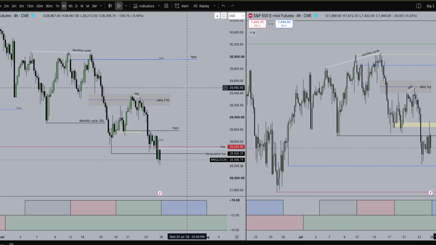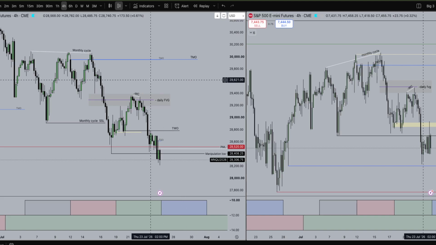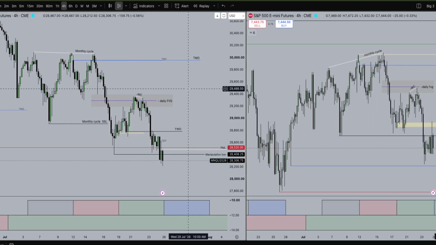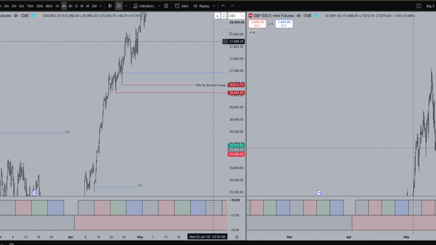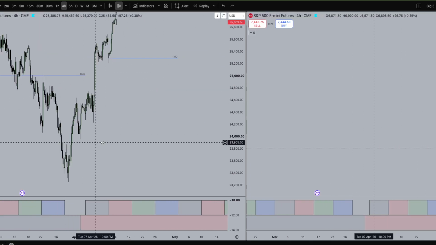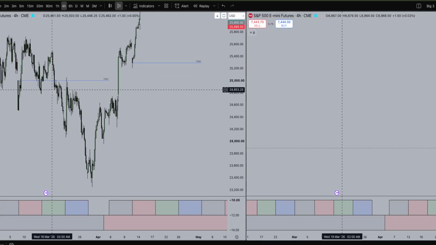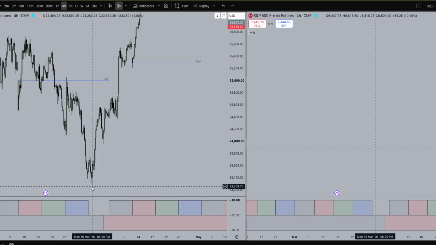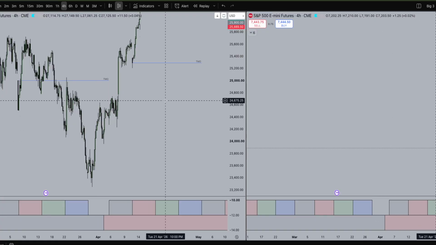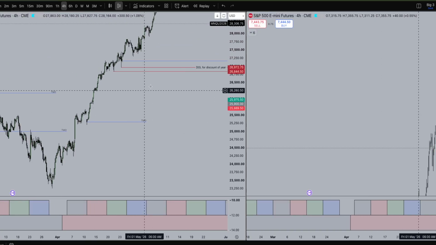and really not creating much of a manipulation at all, which doesn't happen often, but we can have very quick manipulations that transition immediately into distribution, like we saw in this quarter, right? Quick manipulation in the fractal time frame, even though this was accumulation. We had a quick manipulation, very quickly pivoted off that low, and then you know how the all-time high run